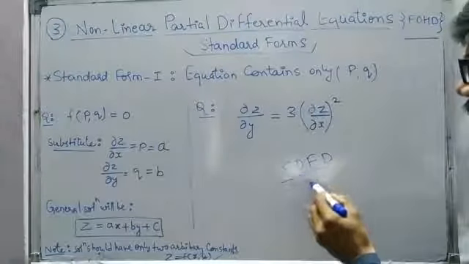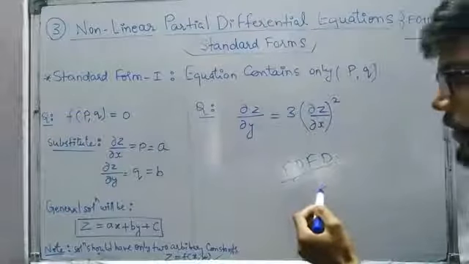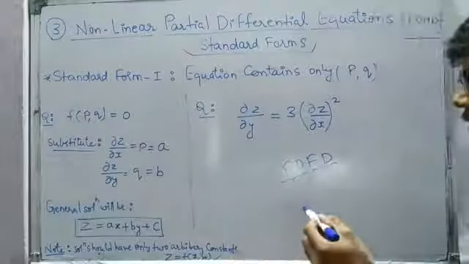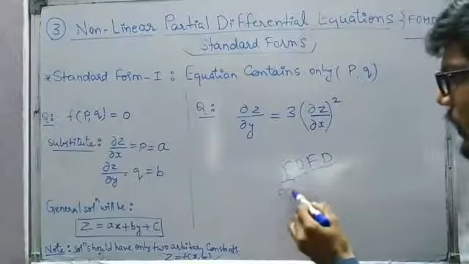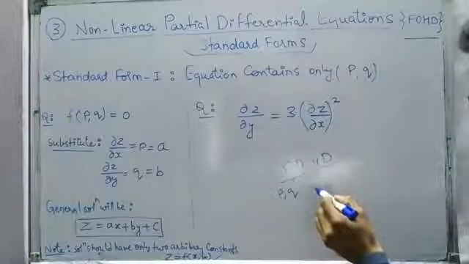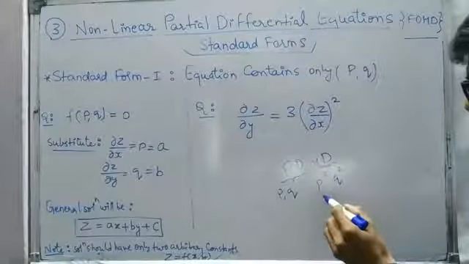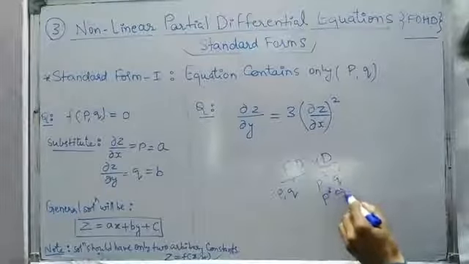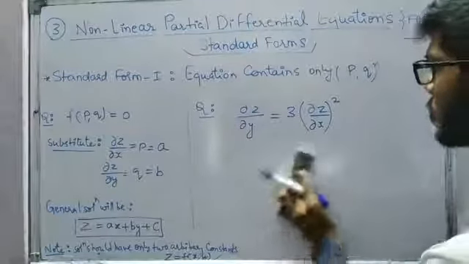So again, first order only, but we are going to encounter the degree of the partial differential equation greater than 1. So first order means we are going to have the terms like p and q, and higher degree means we are going to have the degree of them greater than 1. So like p power 2, q power 2 or p power 3, q power 3 or any power greater than 1. So that is going to be the higher degree.